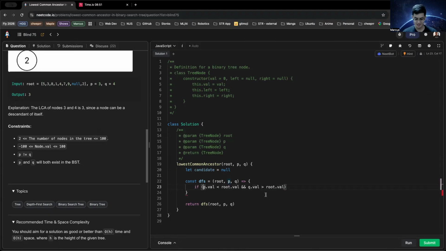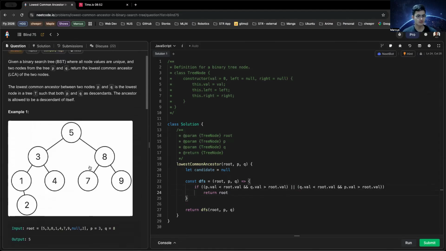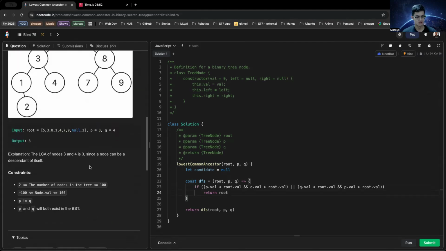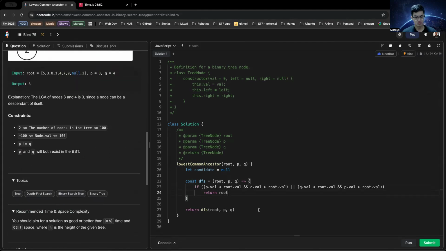Okay, so I think one case is like this. The other case should be Q.val is less than root.val and P.val is greater than root.val, because they never say that P is smaller than Q. So we gotta account for that. Return root. Am I supposed to output a node? Okay, then